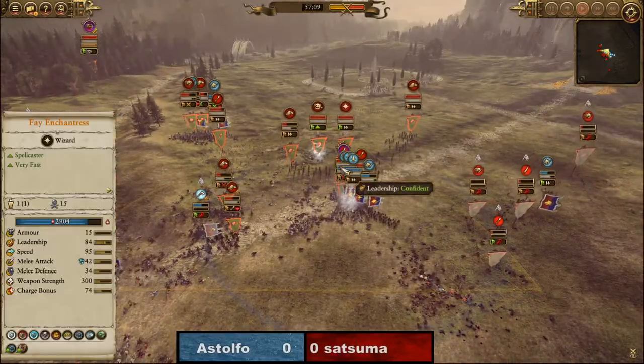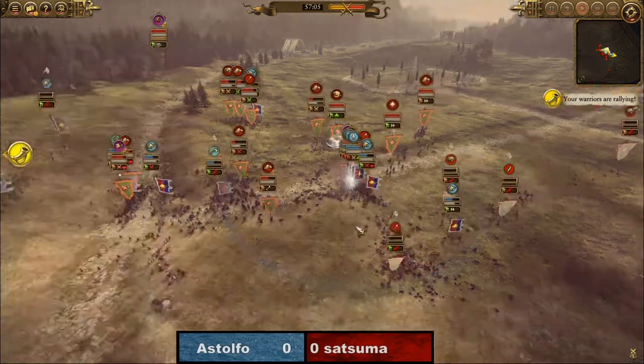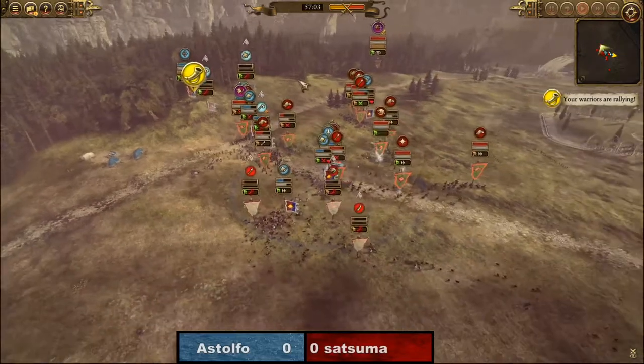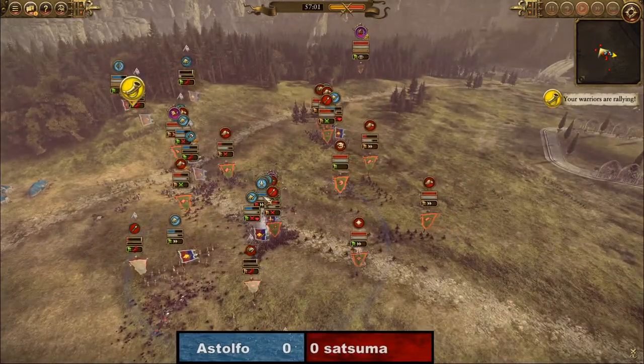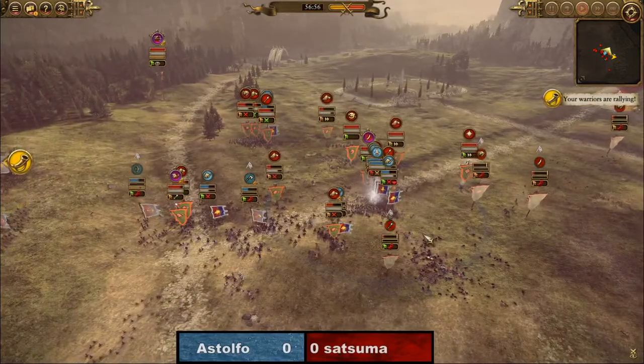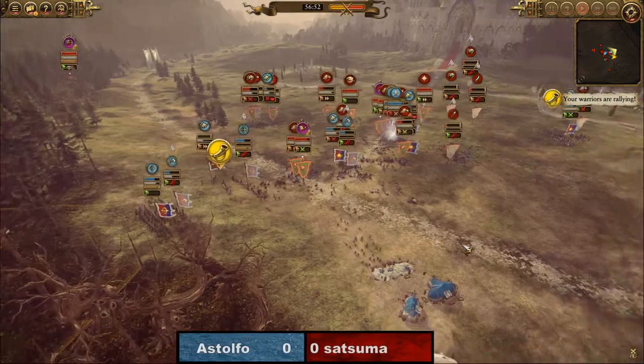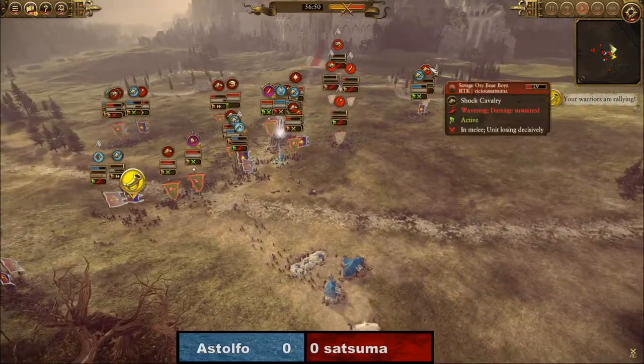And when there's not a lot of range on the field, that Mortis engine can really hurt in the end. So I think it's going to be up to Satsuma to really kill the units that are not supported by the Fey very efficiently and have enough stuff left to deal with them as well. Because he doesn't have great character killers. It does seem that the Grail Guardians are